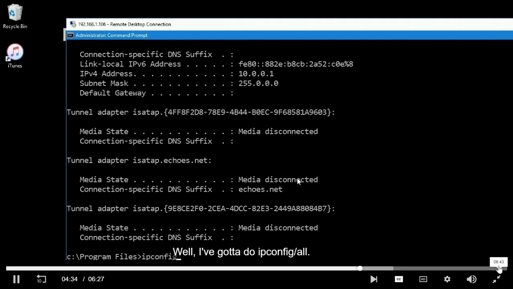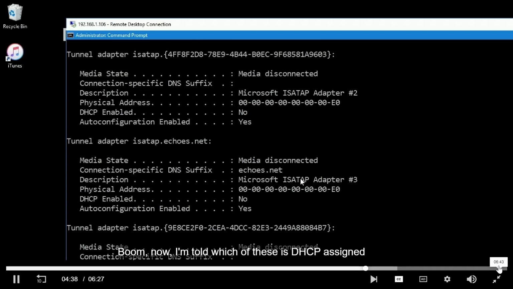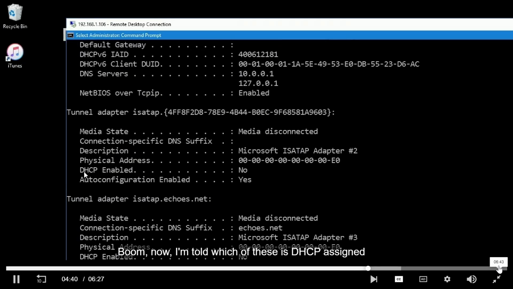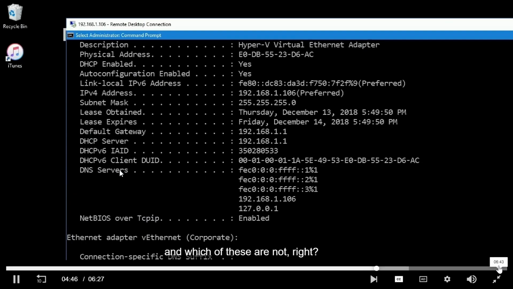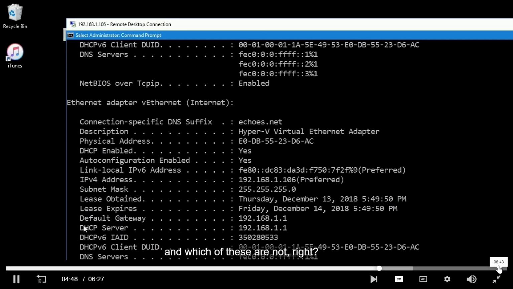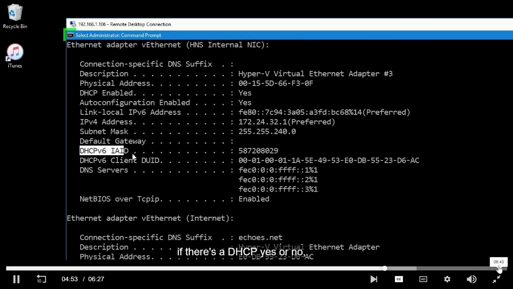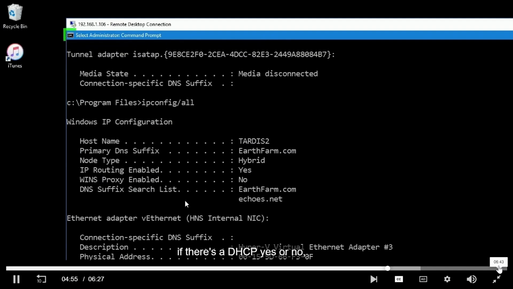Well, I've got to do ipconfig /all. Boom. Now I'm told which of these is DHCP assigned and which are not. If there's a DHCP server listed, if there's a DHCP yes